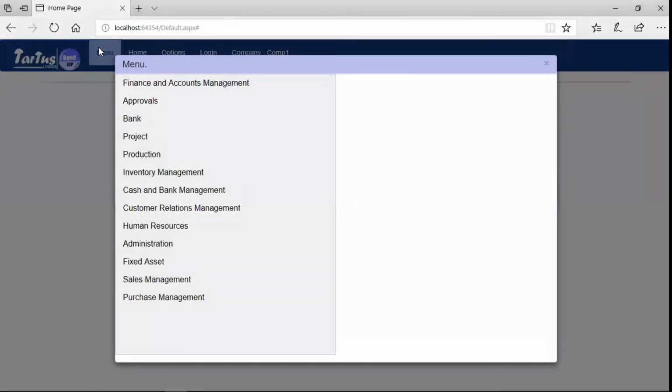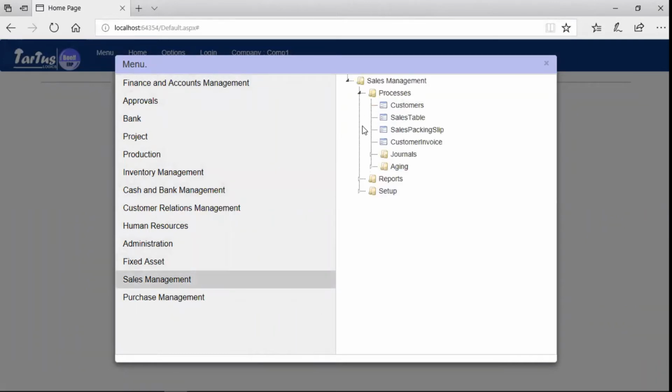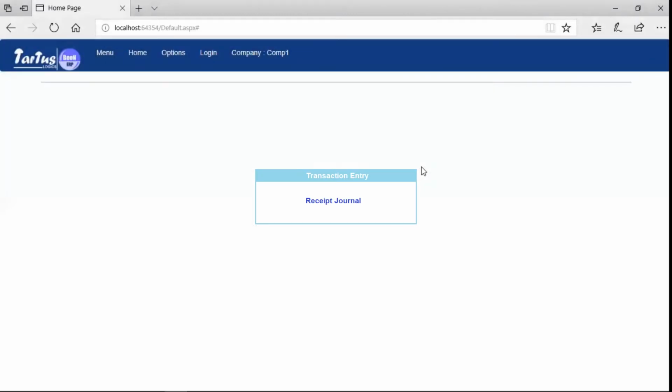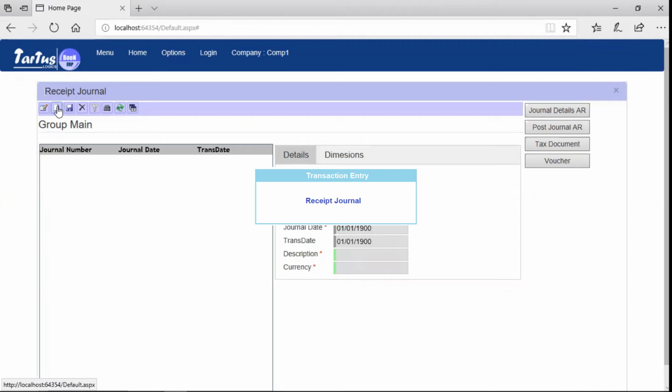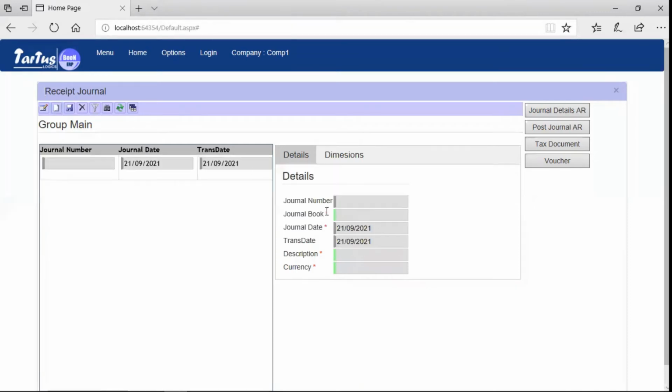To record receipt, we will navigate to sales management, processes, journals, receipt journal. In receipt journal, click new, select journal book.